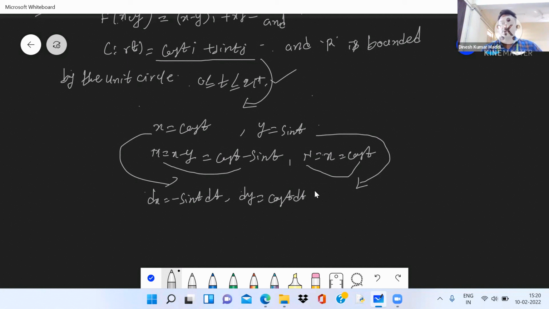Here we are not differentiating with respect to x or with respect to y, we are just differentiating, that's all. That's why you will get dx and dy. If you observe here, all are in terms of t only. The limits are also in terms of t only. Okay, that LHS part is